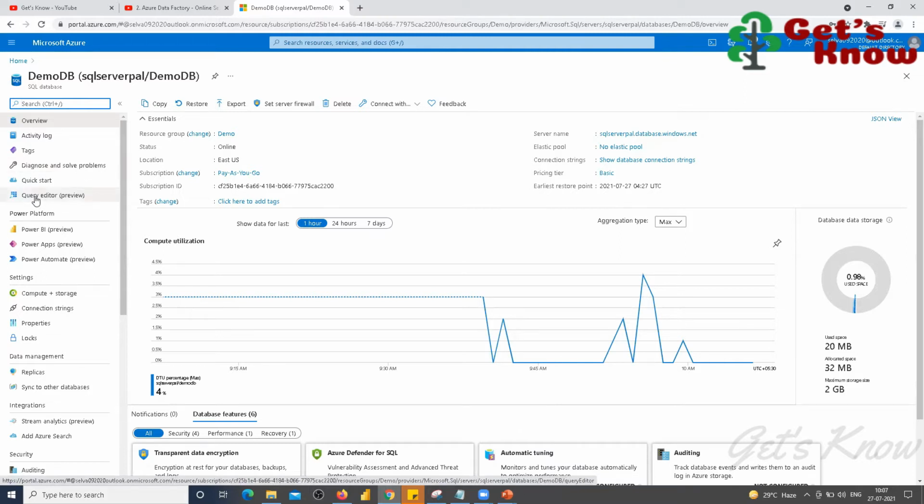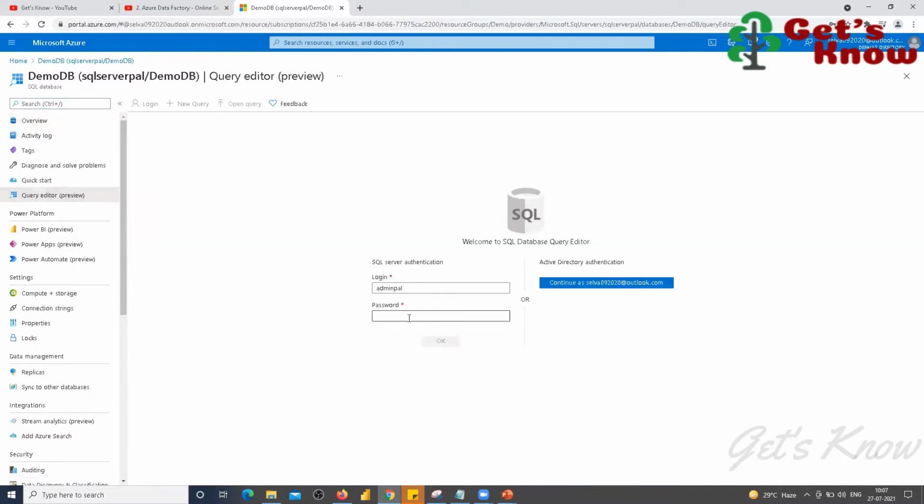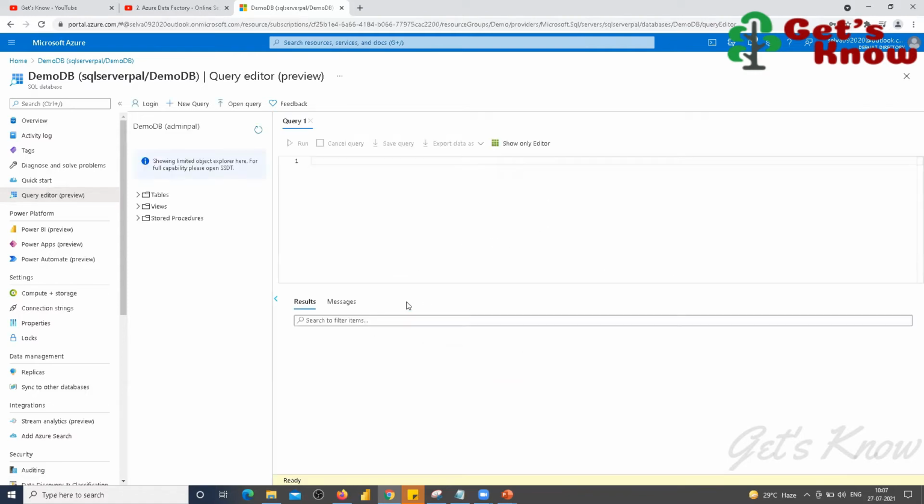We know that for writing a query, we have to open the query editor window. This is the icon, and you have to log in. It's logged in. I already have the table. Table creation is a simple way: we know how to create a table, with the same create table query, and then the columns you want to use. All are normal concepts only. The query in Oracle or SQL Server, how you write it, is the same SQL query we are going to use here. So I already have the employee table.